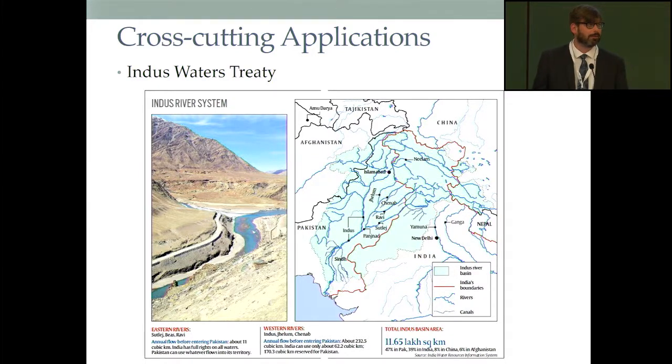The good news about this is it's a treaty that survived for a very long time, despite being a treaty between two countries that are not always totally friendly and have fought wars, without the treaty collapsing. So maybe there's a model here, and there are lots of theorists who would suggest that water is the kind of resource that people don't fight over. That's starting to get a little bit debunked, but for a while there was this idea that people saw something sacred about water and would not fight over it. Now a lot of people believe that the troubles in Syria were almost directly related to a drought at the beginning of this decade. But this was one of the shining examples, six decades of relative peace around water,